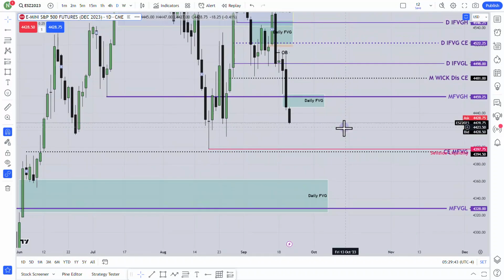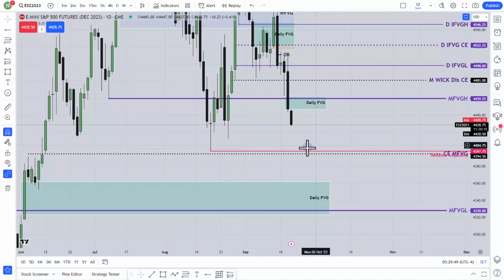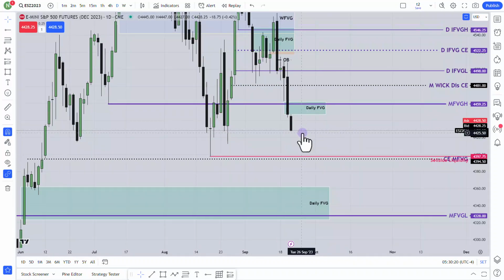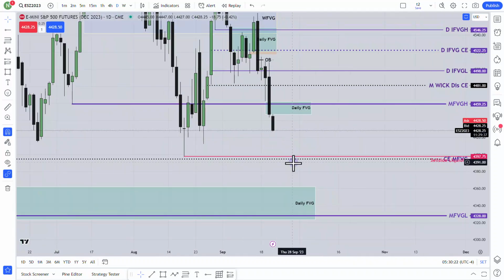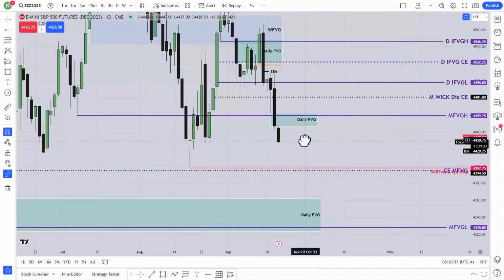If you have watched my weekly bias video, I was expecting that the market will clear this sell side liquidity, and in my opinion tomorrow it will clear this. My overall bias is bearish, but this fair value gap is suspicious. You have to think about this fair value gap. Price can trade this fair value gap because this is very important. I will talk about the importance when I'm in the Nasdaq market, because that will be easier for me to explain why this fair value gap is important for me. Let's go to the hourly chart.